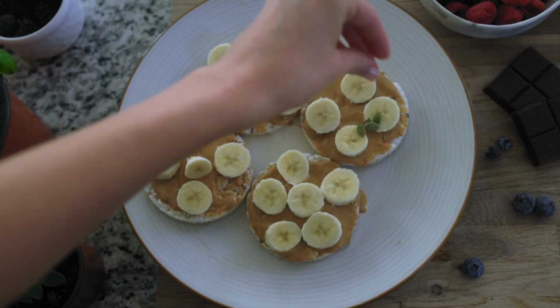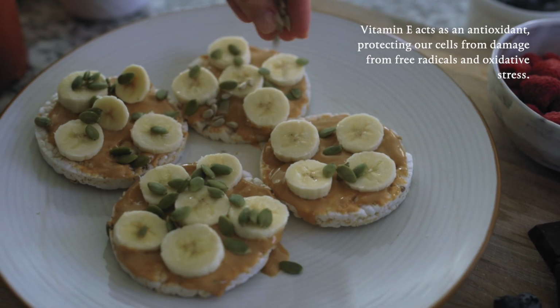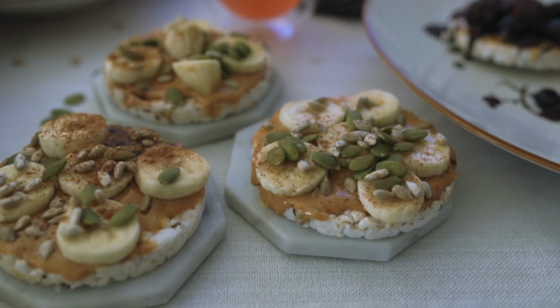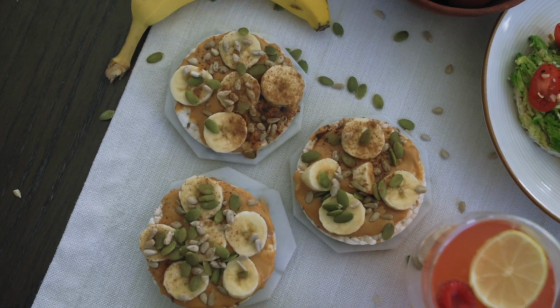I love adding nuts and seeds to my food anywhere I can. Pumpkin seeds in general are a really great source of zinc, and sunflower seeds are an excellent source of vitamin E as well. Zinc and vitamin E are two nutrients that most people typically don't get enough of every day. Lastly, I'm going to sprinkle on a little bit of cinnamon and we'll be good to go. The protein from the peanut butter and seeds is a perfect little pick-me-up to start your day or to recover